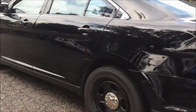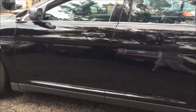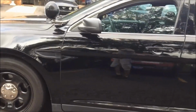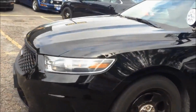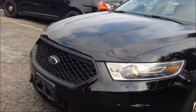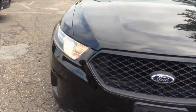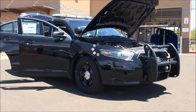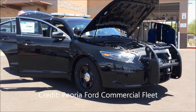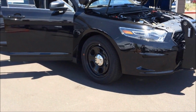And the problems span from the non-turbo engine to the 3.5 liter EcoBoost engine. Customers reported turbo downpipe leaks, and the majority of them also reported that the car has a loss of power when accelerating from a standstill, almost like it's clogged up or it's having gearing issues. But the problems don't stop there. Believe it or not, there's actually been a plethora of recalls on the Ford Taurus Interceptor, including but not limited